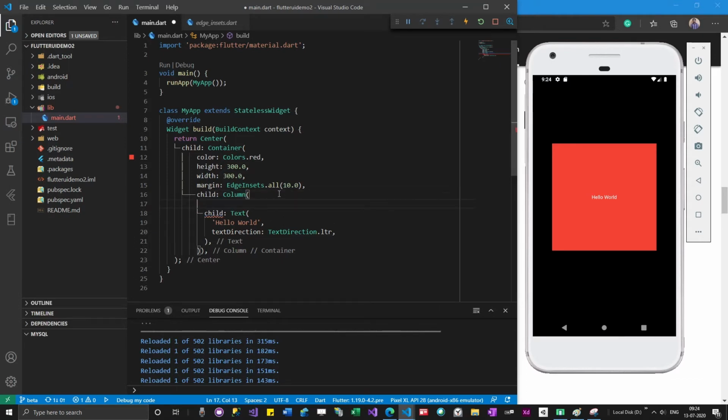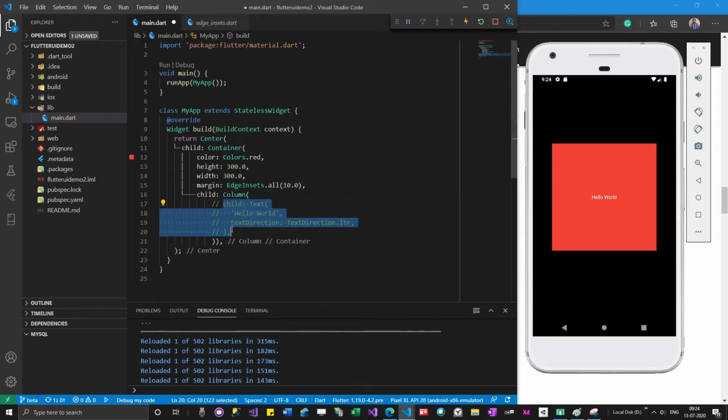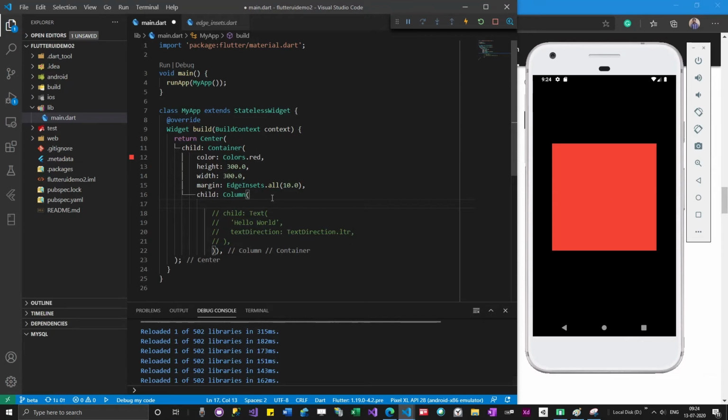Let me not change it. Let me see what the recommendations are. Okay, it is not showing anything. Let me comment it. Actually, I messed up my IDE, or probably the most recent update has messed up my IDE. That's why I'm not getting code recommendations properly. In your case, you might get them. Oh, that's bad. So let me remove this. Anyways, I know what I need to give.